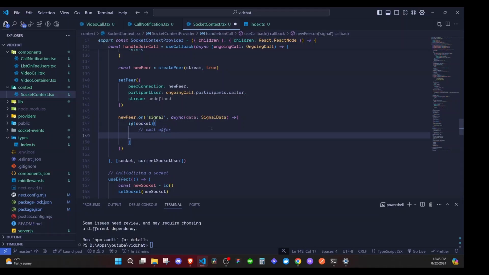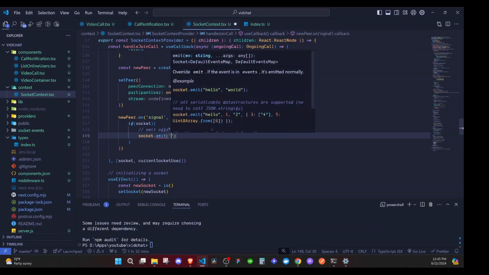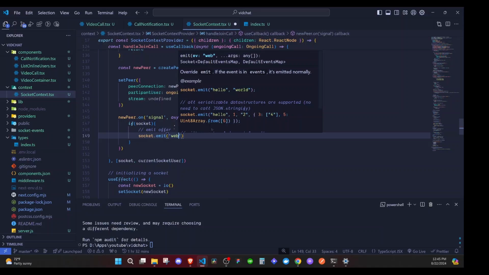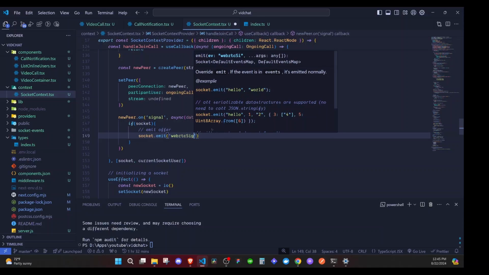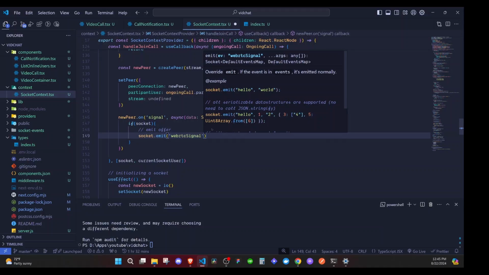Right here we'll have socket.emit, and we will emit WebRTC signal to the server, and then the socket server will emit the data that we pass here to the person who called, okay? And then the person who called will respond with an answer which will contain his SDP data and the stream and so on. Once it comes back to us, we'll be able to complete the peer-to-peer connection